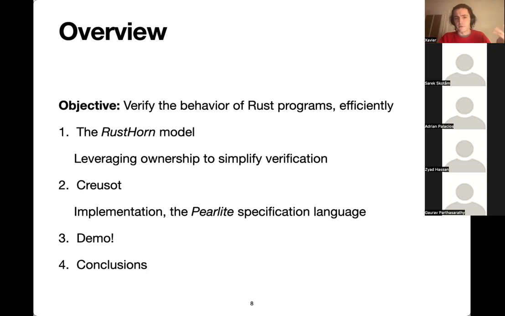Afterwards, I'll talk a little bit about Creusot, the actual tool, the specification language that we've developed for Rust programs, and, if we have time, some of the more advanced functionalities that we can use in Creusot. And then finally, I'd like to give a little demo of the tool and how we can verify actual Rust programs with it.